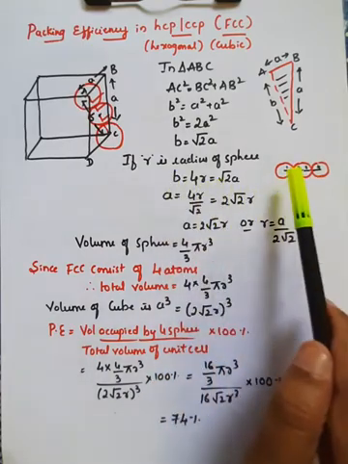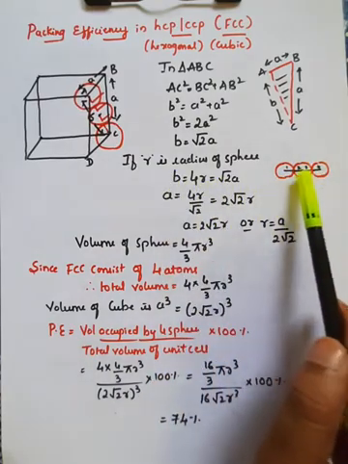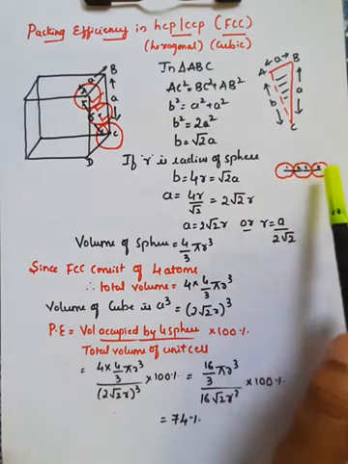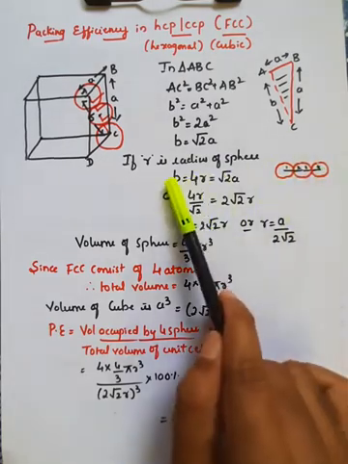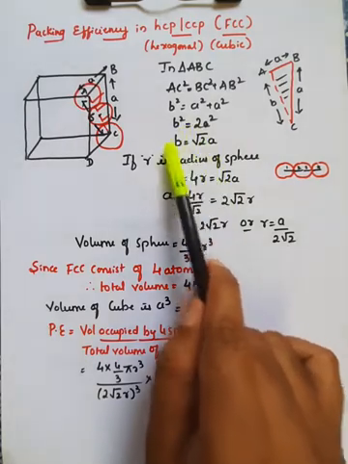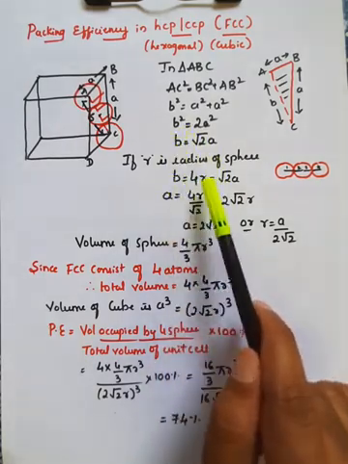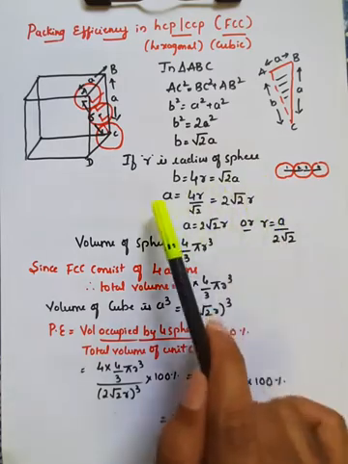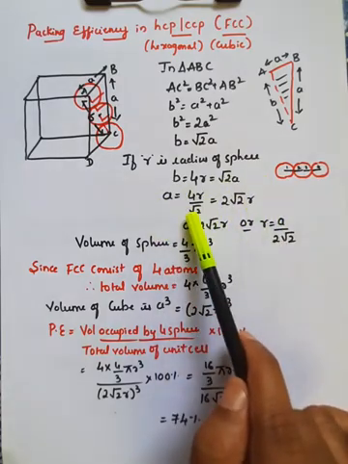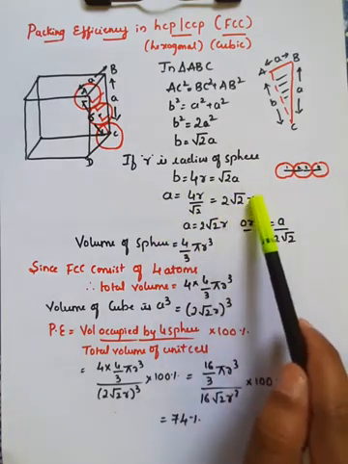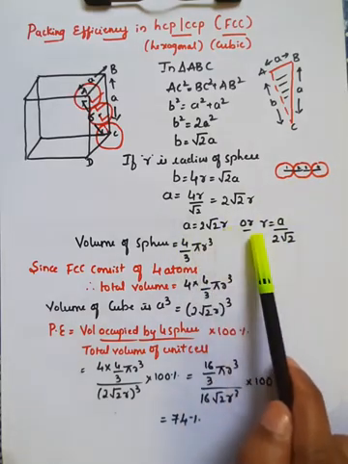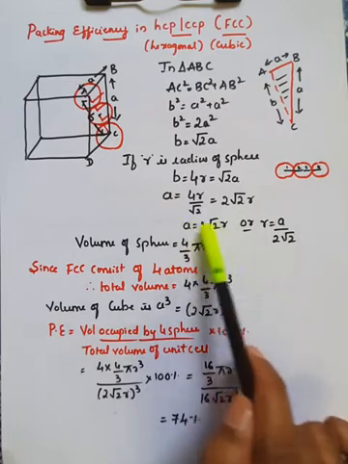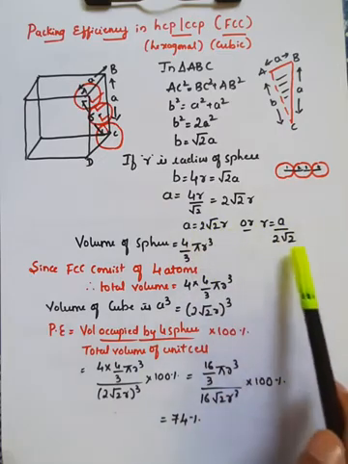This is very important. That is first radius. So you'll get 2 radius from the middle sphere and 1 radius from the end sphere, right? So therefore B is equal to 4R, and we already calculated the B value, that is B is equal to 4R is equal to root 2 into A. Therefore A is equal to 4R divided by root 2, which is equal to 2 into root 2 into R. So you can rearrange it as R is equal to A divided by 2 root 2.